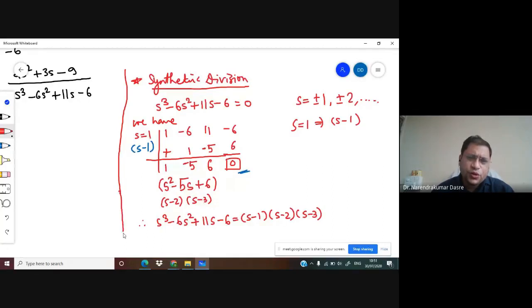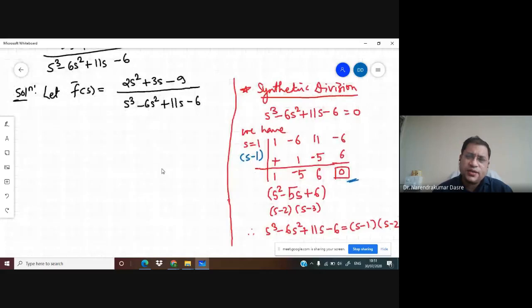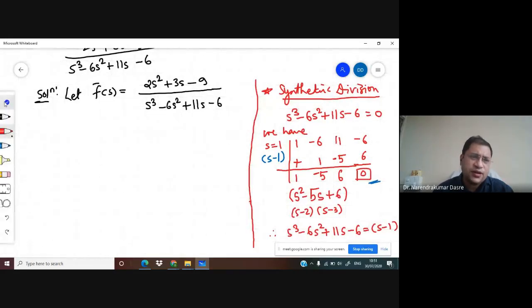As I told you to have the calculator with you, please check what the factors of this polynomial are, or what the solutions of this polynomial are. You are able to solve the cubic polynomial using your calculator, but if it goes beyond that, then this method is very useful, because your calculator won't work for s raised to 4, and hence you have to consider this method. That's why I explained this method here. Now verify these factors with your calculator. I hope you are able to get that.